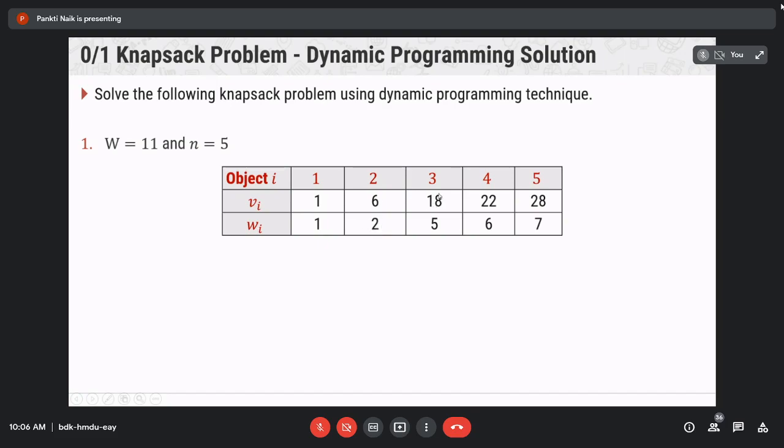For the third object, value is 18 and weight is 5. For the fourth object, value is 22 and weight is 6. For the fifth object, value is 21 and weight is 7.